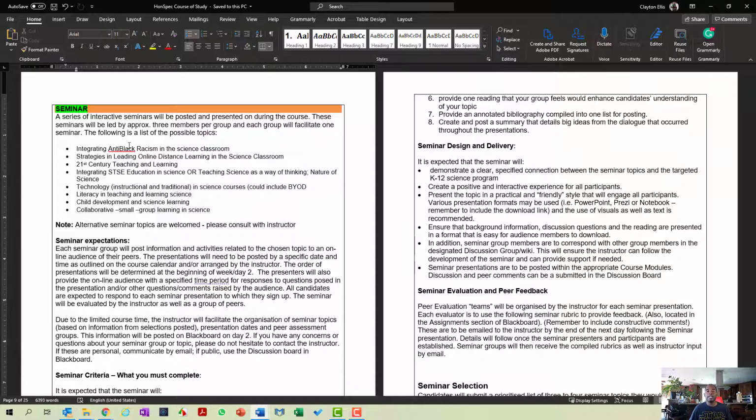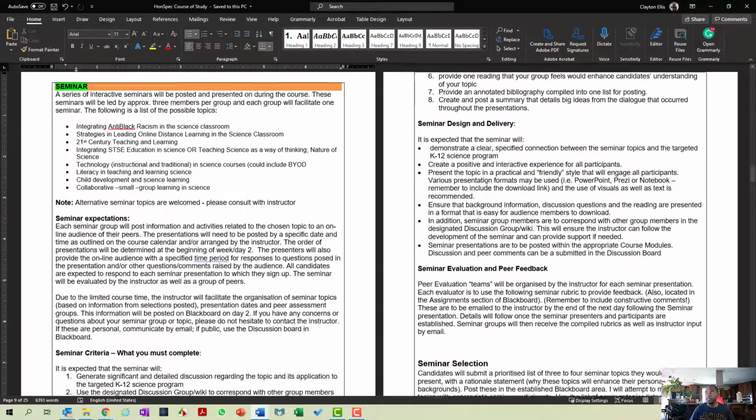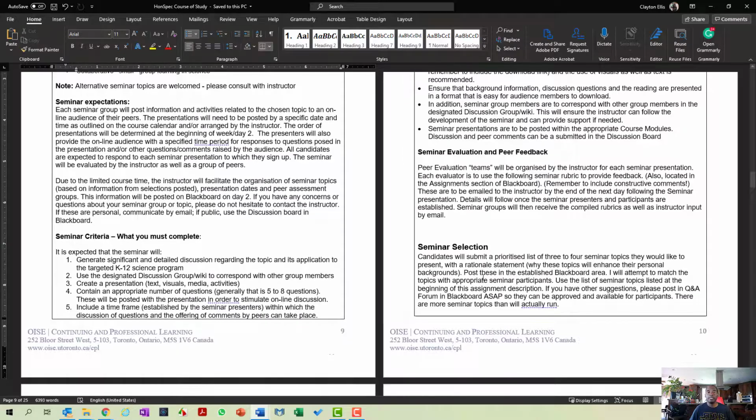When you give your feedback, it'll be constructive. Your senior science teachers who are part of your audience will not be giving feedback. They will just be watching and learning whatever you have to share. So you can work through this and you'll see all the details of what the seminar entails. The seminar can be delivered